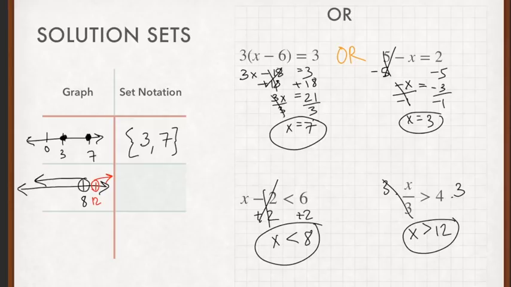Even though they're going in two separate directions, the solution sets of each inequality do not intersect. With the word or, you can have one or the other for the system to work. And then, of course, when you're using set notation,